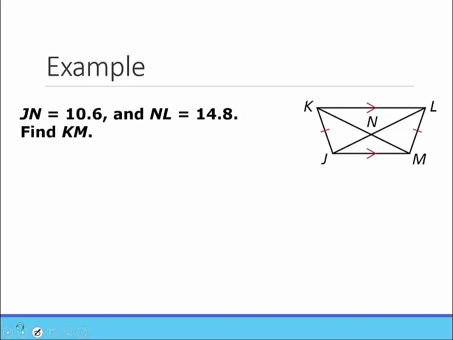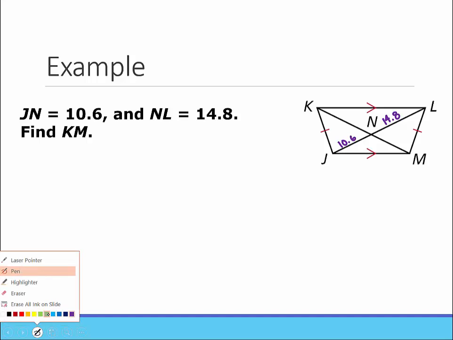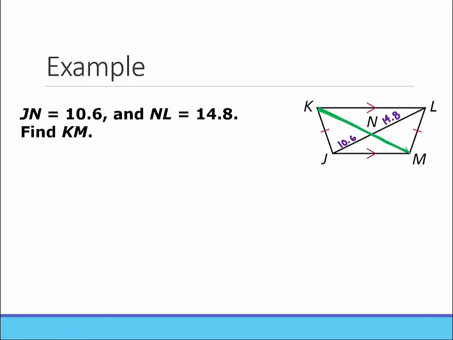JN is 10.6. So from here to here is 10.6. And NL is 14.8. They want us to find KM. So they want us to find this thing right here, all the way down. So if we go back to our conditions here, we have a trapezoid because we have